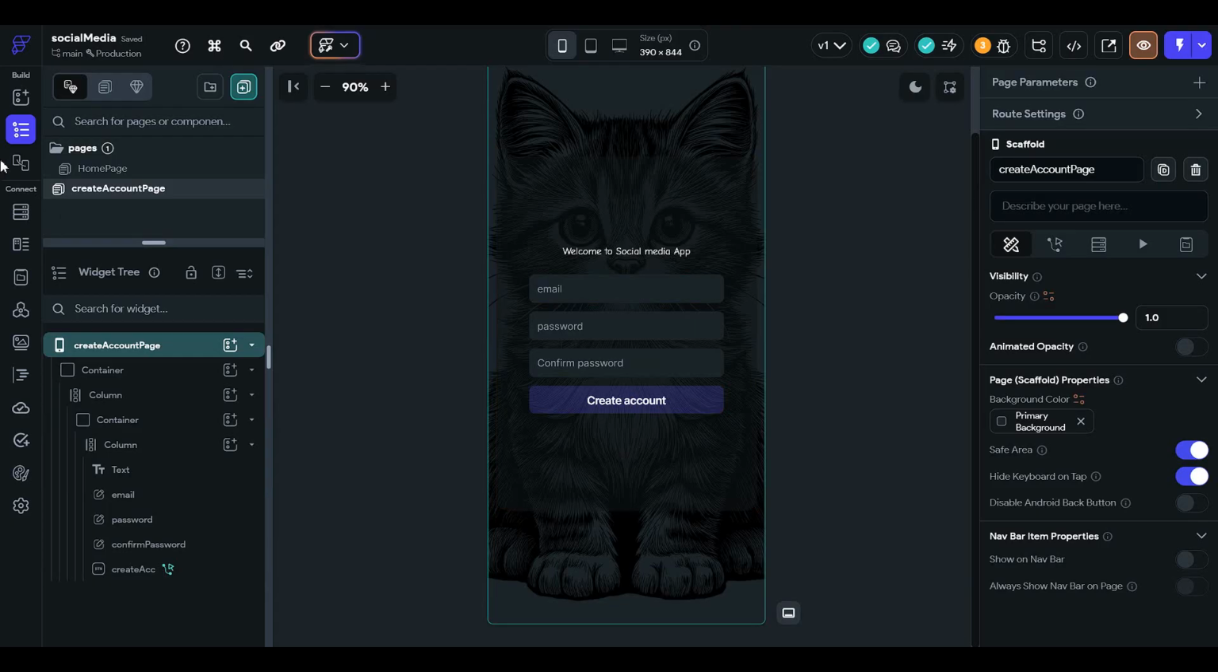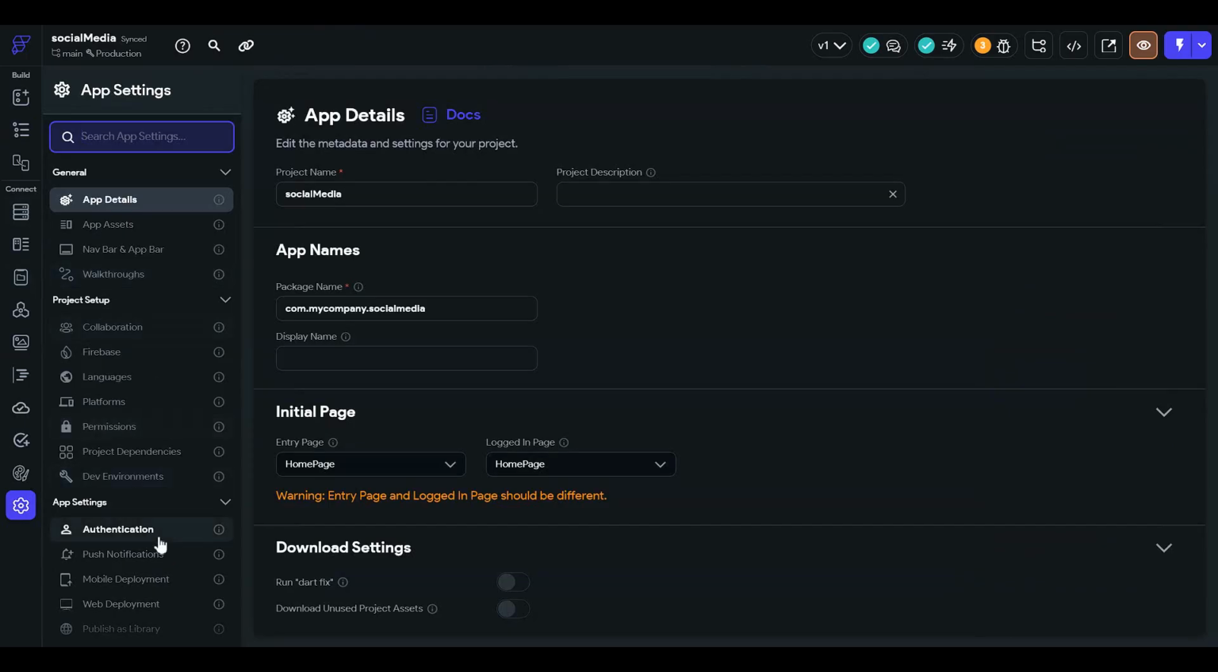You also have to enable the authentication and set the entry page,